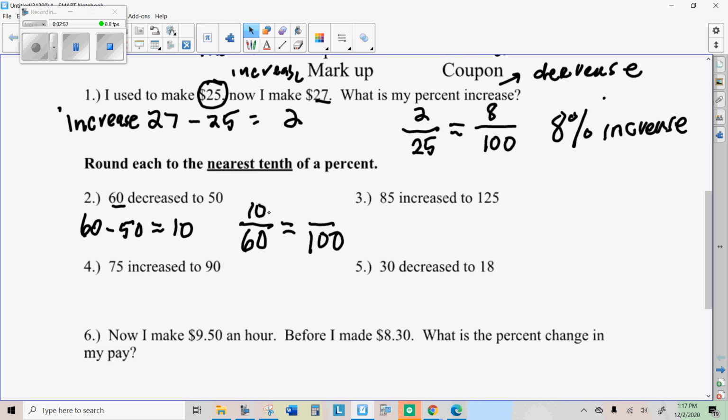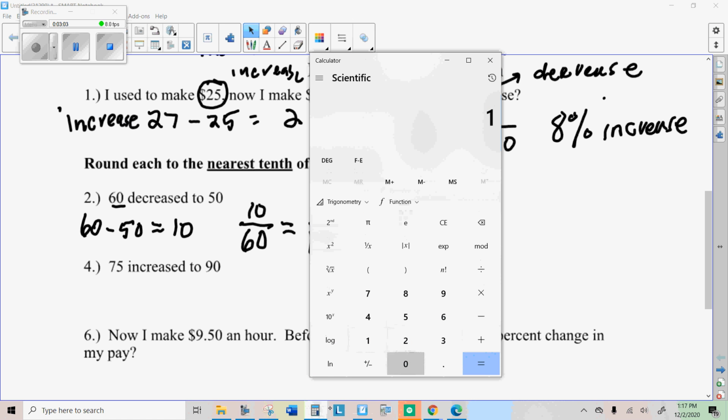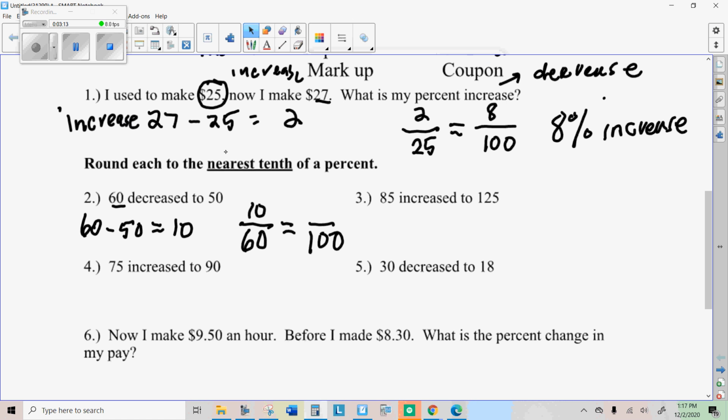Okay. So then you need to do 10 times 100 divided by 60. And so that we get about 17 point, it says round to the nearest 10th. So that would be 16, I think it was, 16.7%